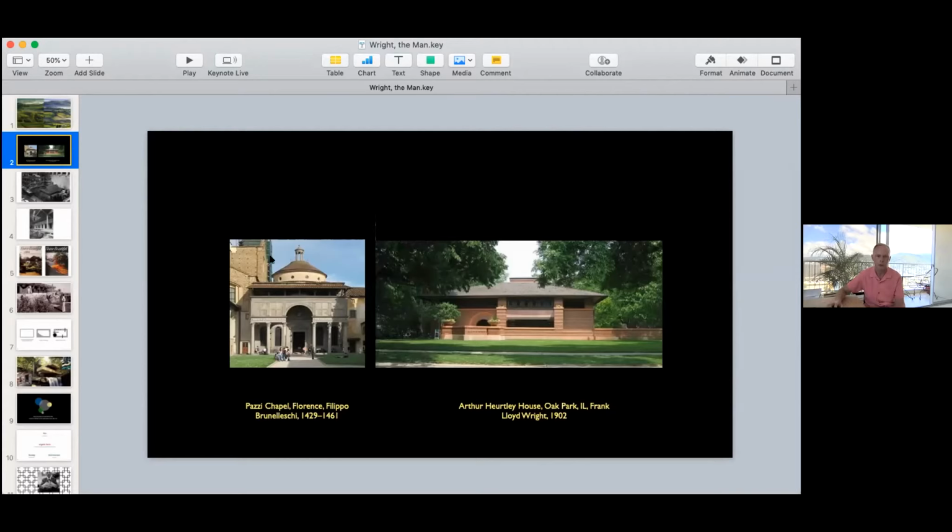And I'm curious about this apparently floating roof, right? There are columns, but they're in the shade. And then you come to the Hartley House, which dates from much earlier. So it wasn't just Japan. I put this in to remind myself as much as anyone else that, sure, Japan was important, but Wright learned from all kinds of cultures.